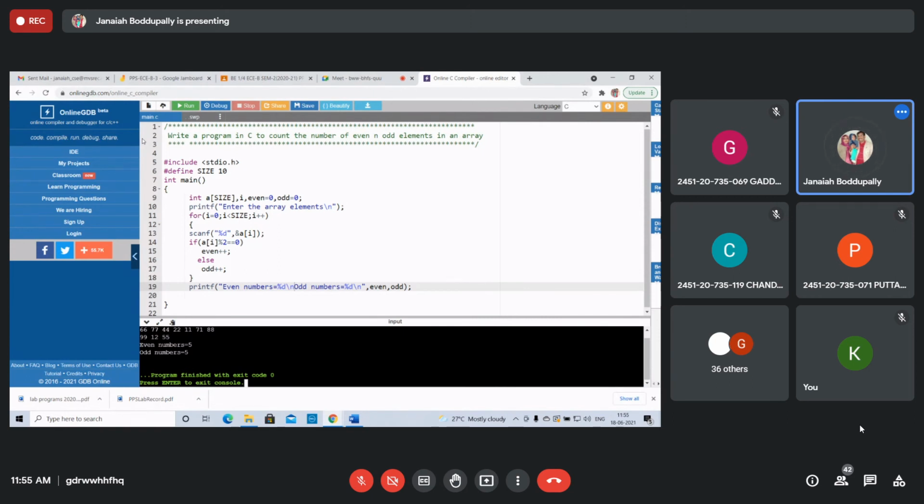Next. Reverse of the number, we have done that program. Reverse of a number: by dividing that number, taking the remainder, multiplying the reverse by 10 and adding the next remainder, reverse number into 10 plus remainder. But here it is reversing of the array elements. Display the array elements, then again display after reversing. How can you reverse the array elements? Simply swap the first and last elements. First and last element swap, and the second element and the last-but-one element.